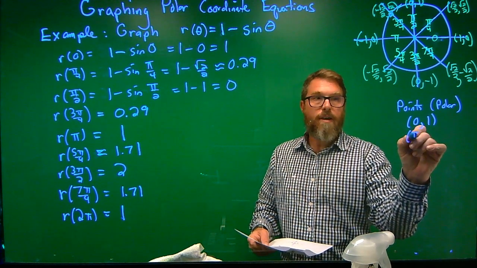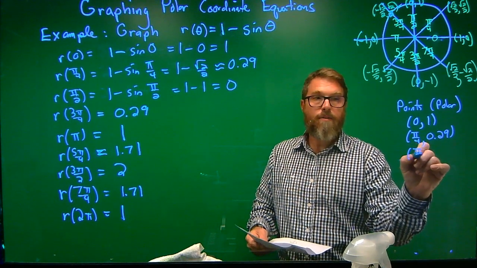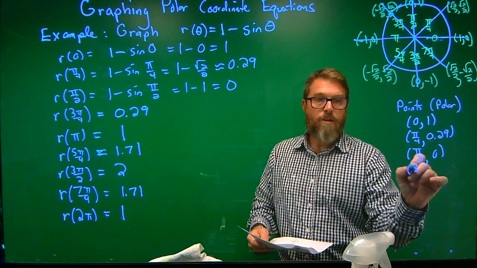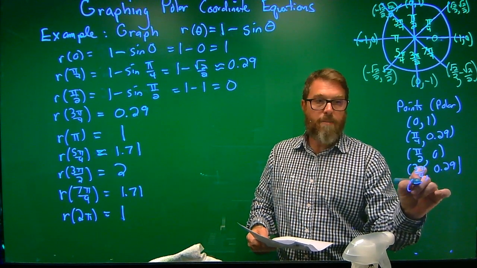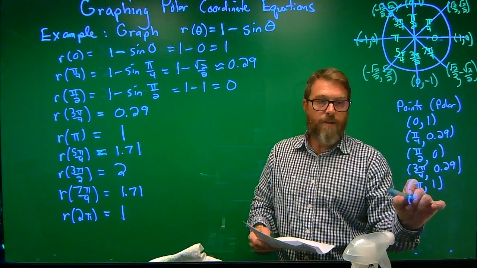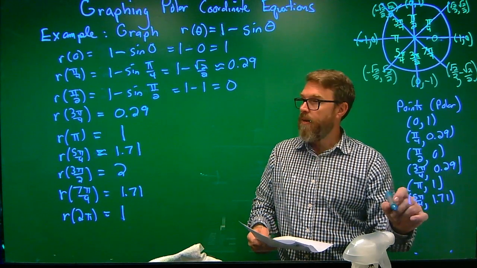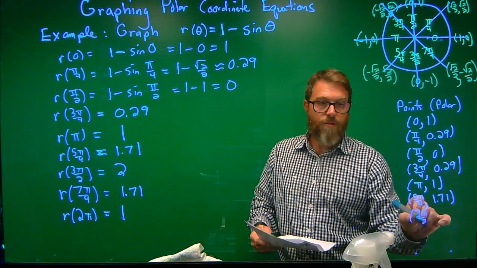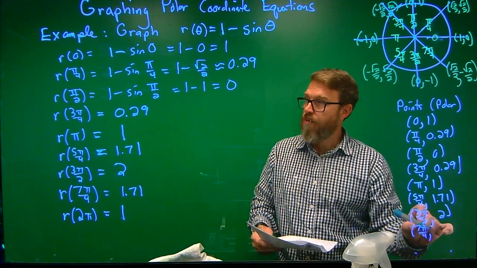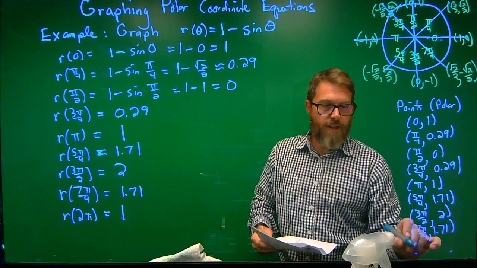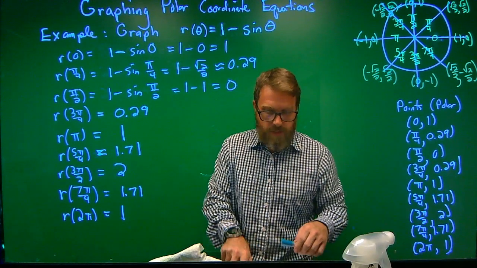Then we have pi over 4, 0.29; pi over 2, 0; 3 pi over 4, 0.29; pi, 1; 5 pi over 4, 1.71; 3 pi over 2, 2; 7 pi over 4, 1.71; and then finally our 2 pi right back to 1. Okay, so when we graph this,